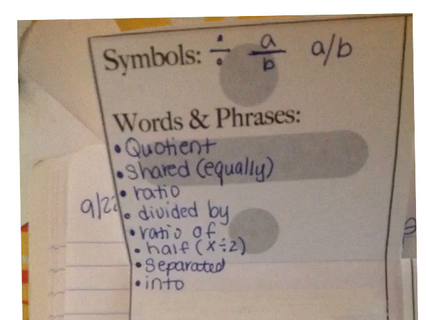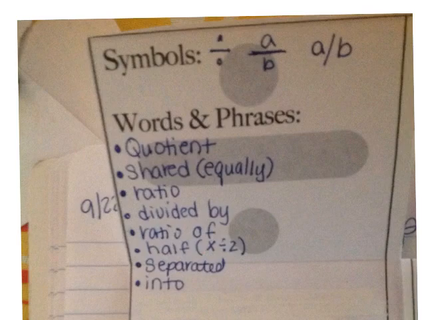So this is division. So we can write division obviously with the division symbol, or we can write it with the A over B with the fraction bar like this, or the fraction bar can be slanted to the side here. And here are some words or phrases that whenever you see these words or hear that phrase, that means that you need to divide. So we've got quotient, shared, you could also say shared equally, ratio, divided by, ratio of,